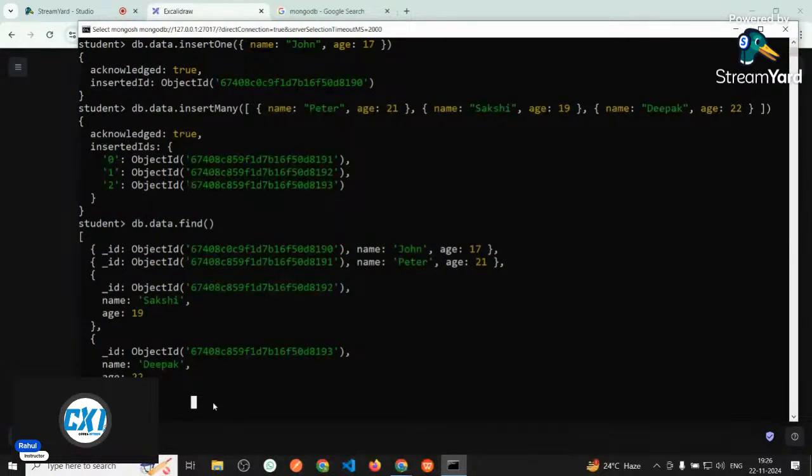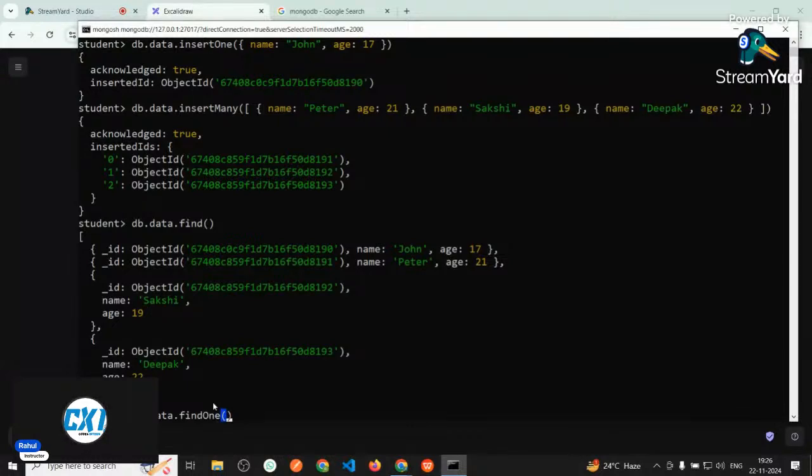So MongoDB also gives you another query called find one. And if you hear the word find one, you can understand it will find only one document from your collection, right? So if you write db dot data dot find one, then it will help you to find only